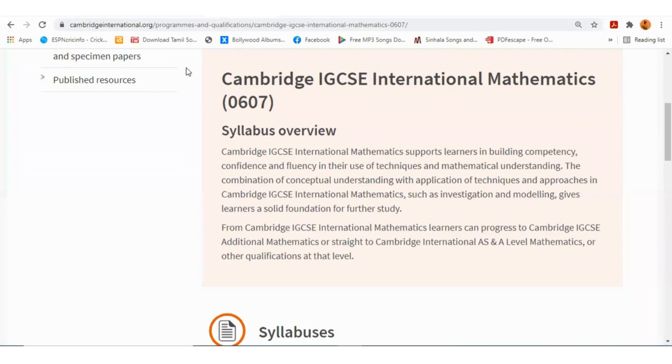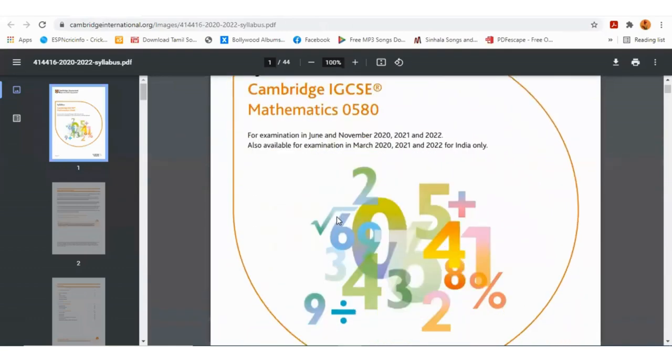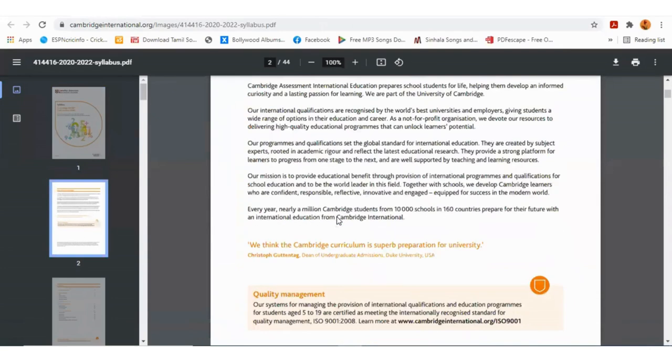But today's is basically about both. So we're generally going to have a run through of both. So beginning with the 0580 syllabus, okay? So under this syllabus,